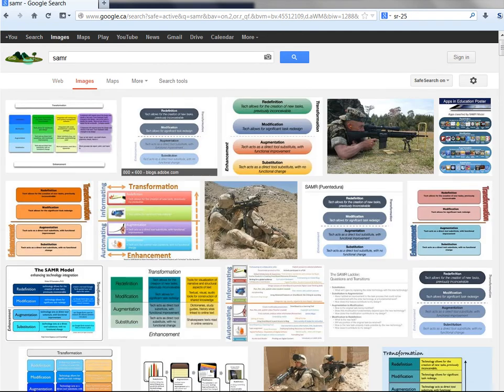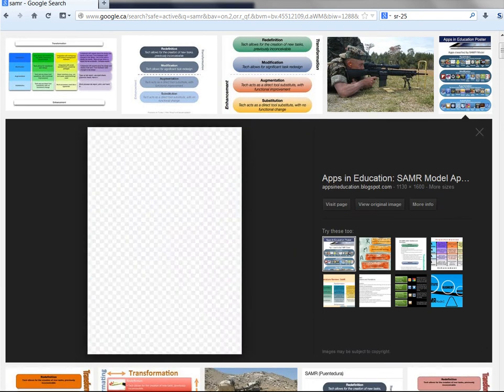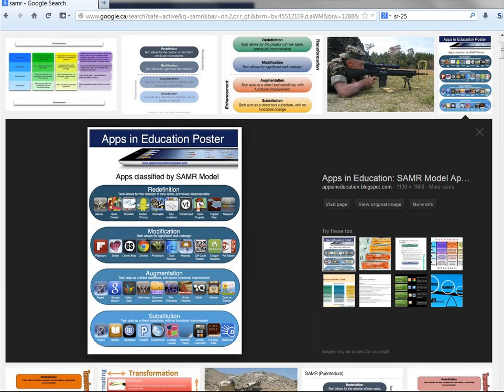So you'll notice here right in the top row, right beside the image of the guy with a sniper rifle whose acronym happens to also be SAMR, is a poster here from Apps in Education. Now I'm going to make it still bigger just so that we can take a look at it a little